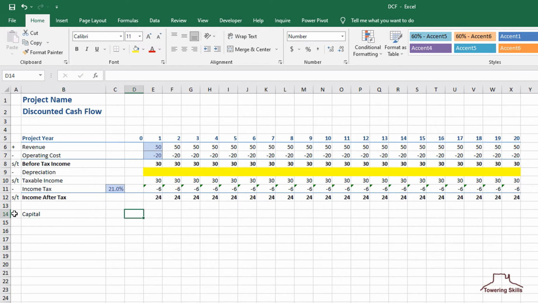In cells D14 through H14, we'll enter the capital as negative numbers. This model is limited to entering capital in time 0 and in the first 4 years. Depreciation is only linked to these 5 periods. You could construct a spreadsheet where capital could be entered in every year, but when calculating depreciation, it would be quite complex. Being able to enter capital in 5 periods will still be reasonably complex.